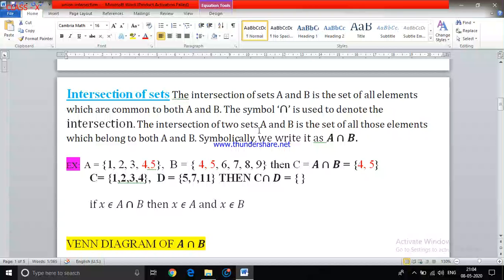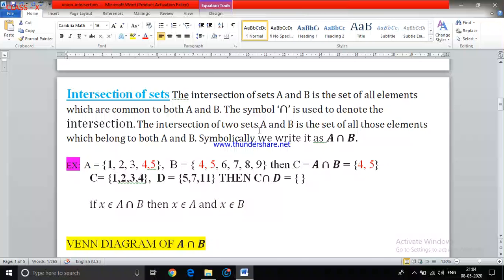If I have A intersection B intersection C, 3 sets, then the element has to be part of set A, set B and set C. It has to be in all the 3 sets. Then only I can consider it; if nothing is common, then it is an empty set. For example, if I have 3 sets A, B, C, and there is an element which is common for A and B but it is not there in C, then A intersection B intersection C will come as an empty set. It's not enough to be common for 2 sets. The element has to be common for all the 3 sets.